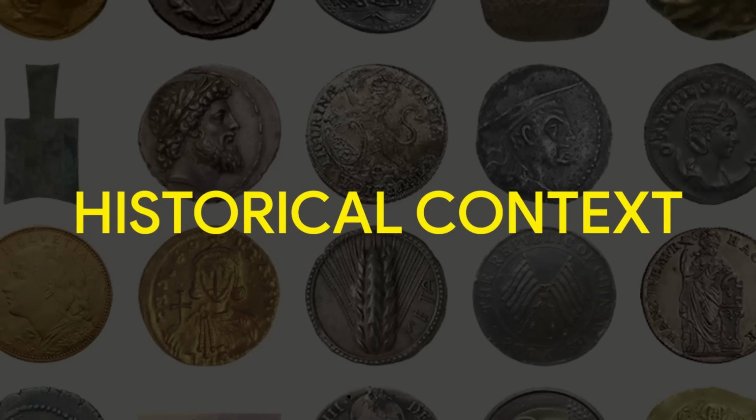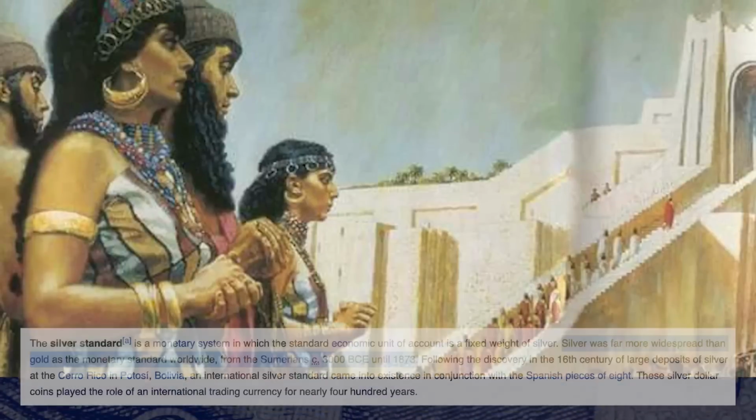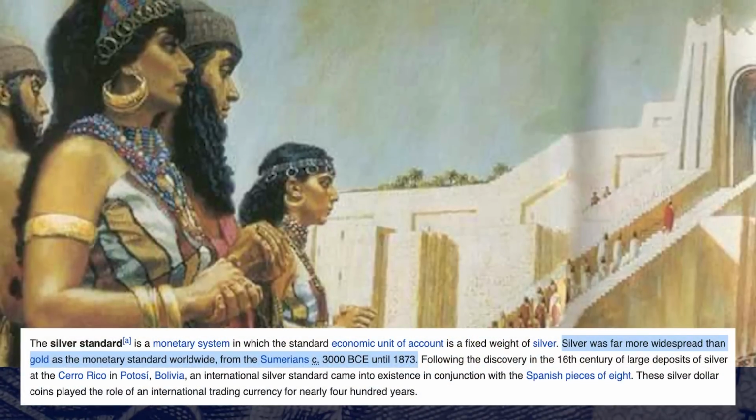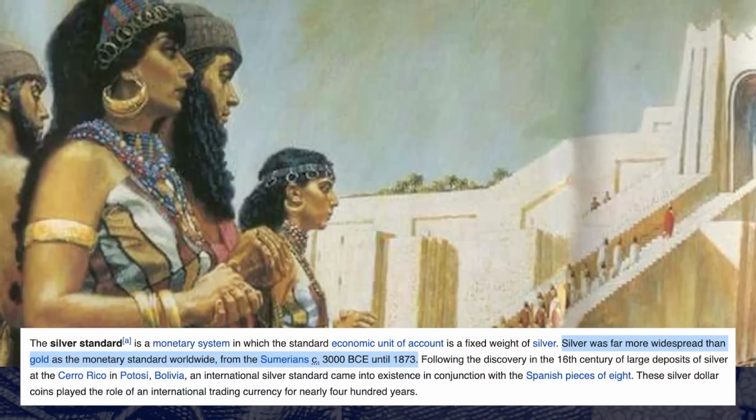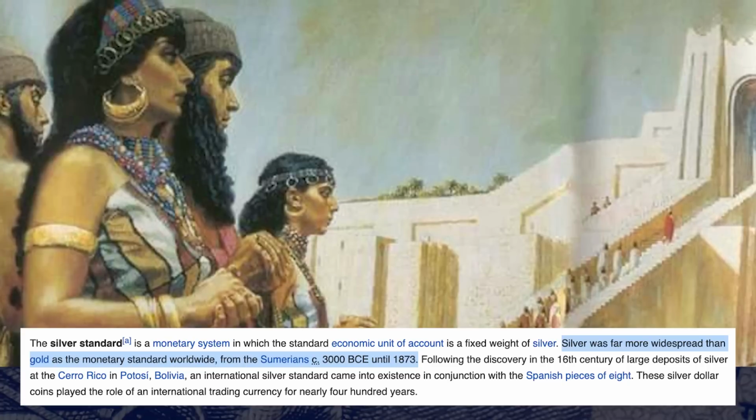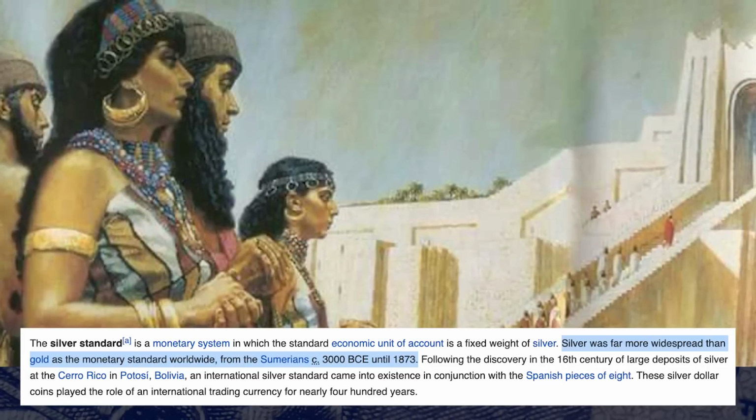First and foremost, let us understand the context of hard assets versus soft assets by looking at history. You must have realized that there used to be gold coins and silver coins back in the day. Several emperors, several empires, several countries have used both silver coins and gold coins. But what you would observe is that the silver standard, or the usage of silver as currency, started first. For example, some of the earliest empires, such as the Sumerians or Egyptians, used silver extensively. In fact, that phase in history was called the silver standard phase.